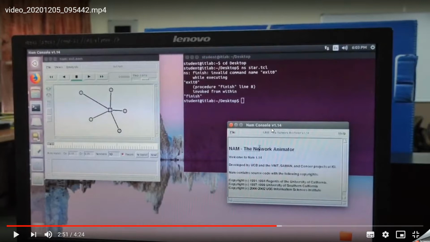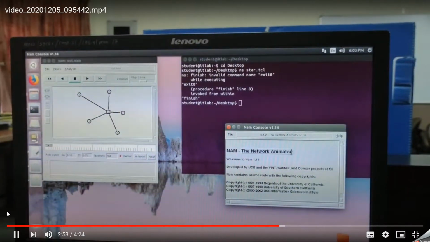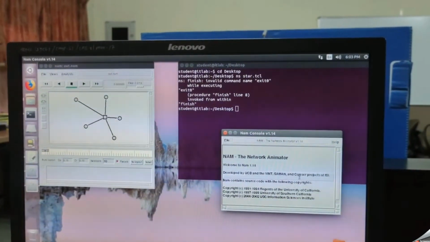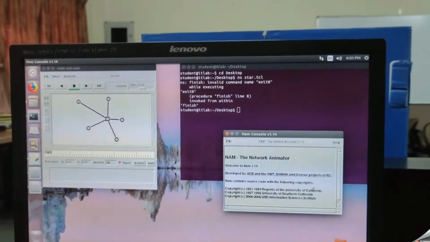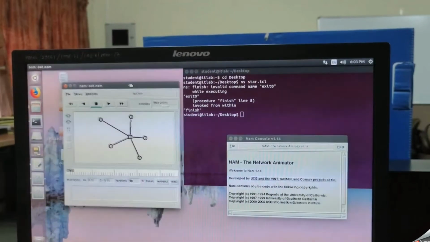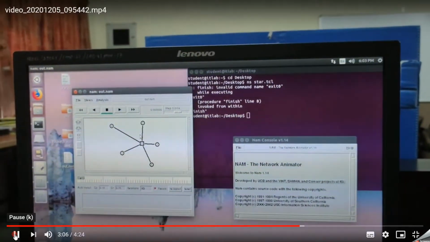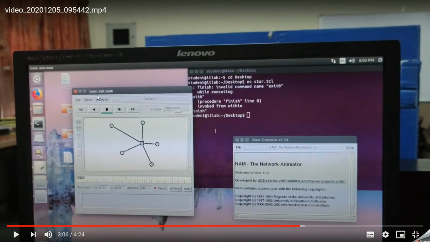Network Animator console version 1.14. You can see on top over here, it is mentioned nam: out.nam.